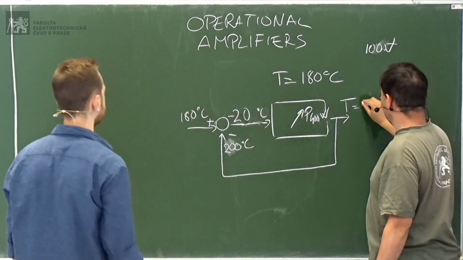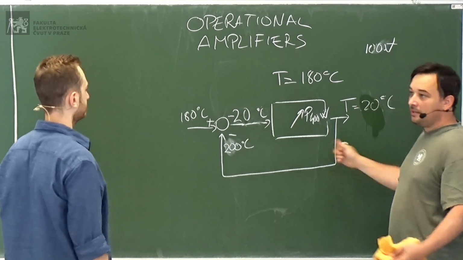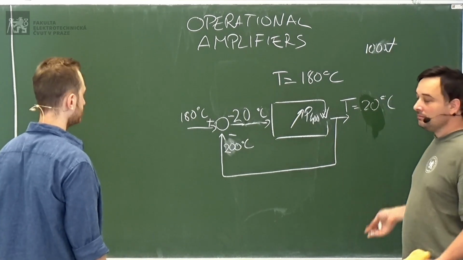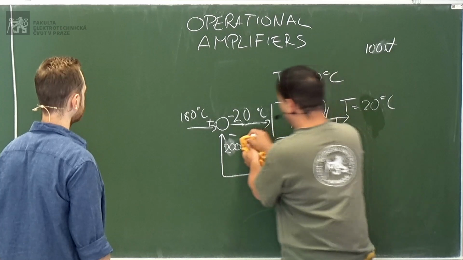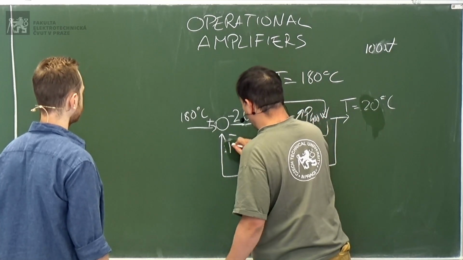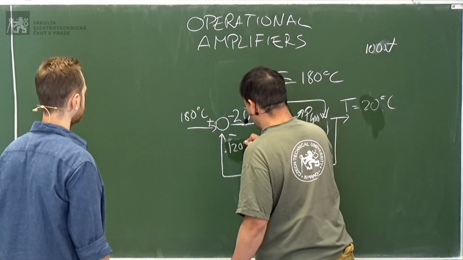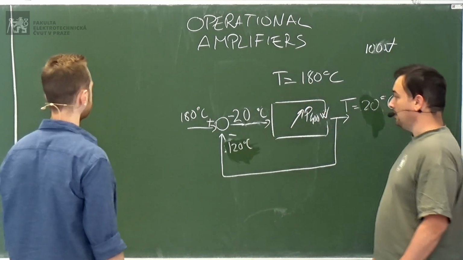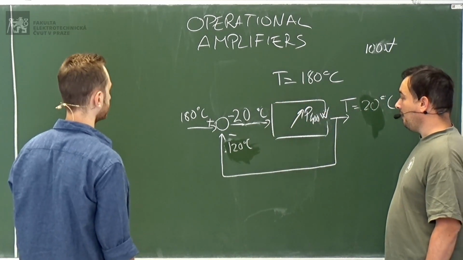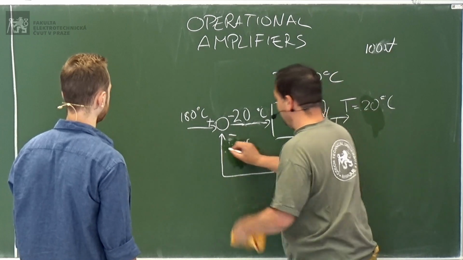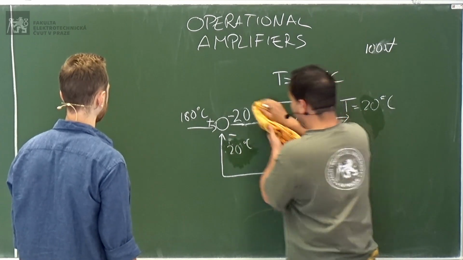Then you have 20 degrees, which is the room temperature because the oven is cold. Then you have here 120 degrees. Sorry, my mistake. 20 degrees. Here I have